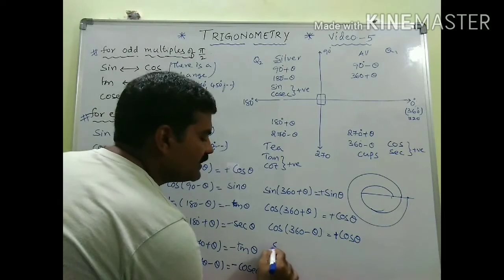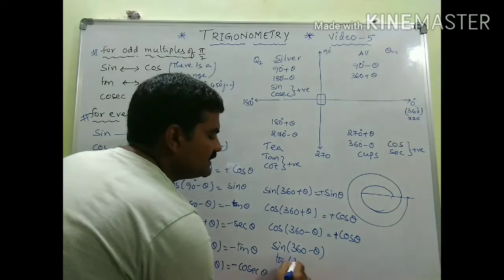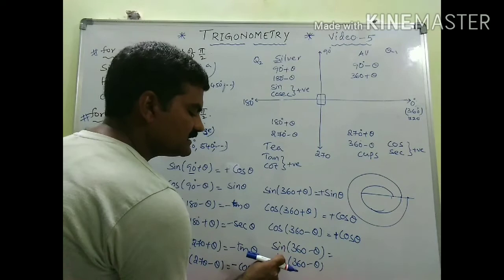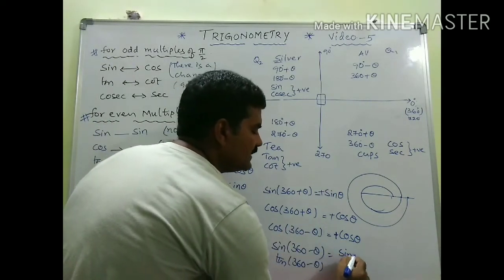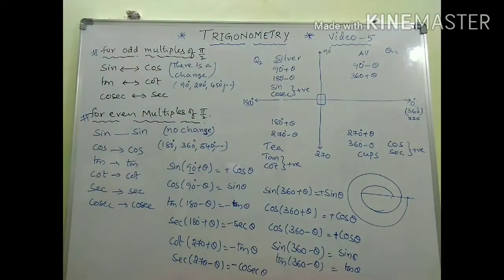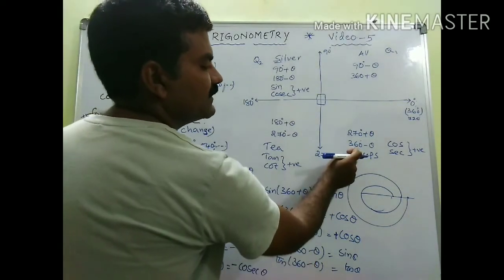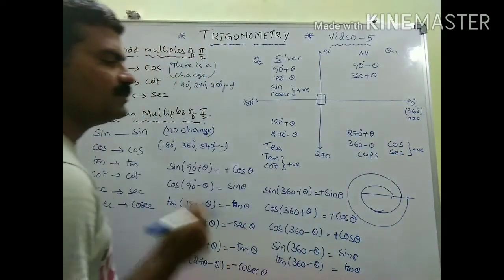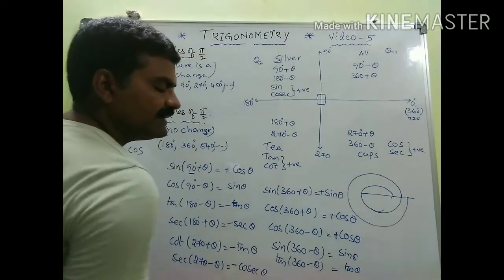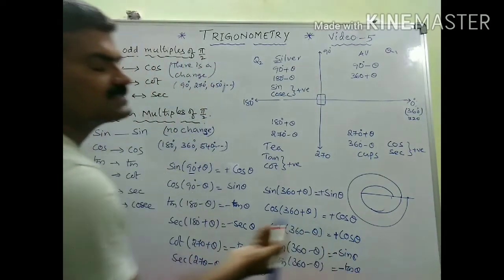Now for example, if I want sine of 360 minus theta and even tan of 360 minus theta. Number one, because of 360, the ratio remains the same. Hence this is sine theta and this is tan theta. Number two, we need to check whether sine is positive or negative. 360 minus theta is the fourth quadrant. In the fourth, only cos and secant are positive. So sine and tan in the fourth quadrant are negative. Therefore this equals minus sine theta and this equals minus tan theta.